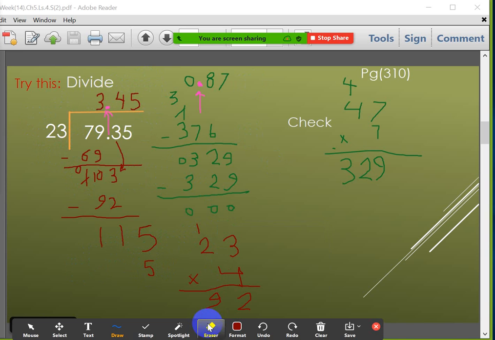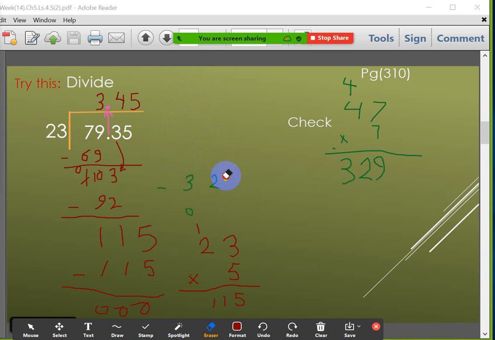So it will be 5. Okay, I will multiply it here for you girls. 5 multiply 3 equals 15, so I will put 5 here and 1 above the tens. 5 multiply 2 equals 10 plus 1 equals 11. So look, the same number. If you subtract, it will be 0, 0, and 0. So this is the quotient. The quotient is 3.45